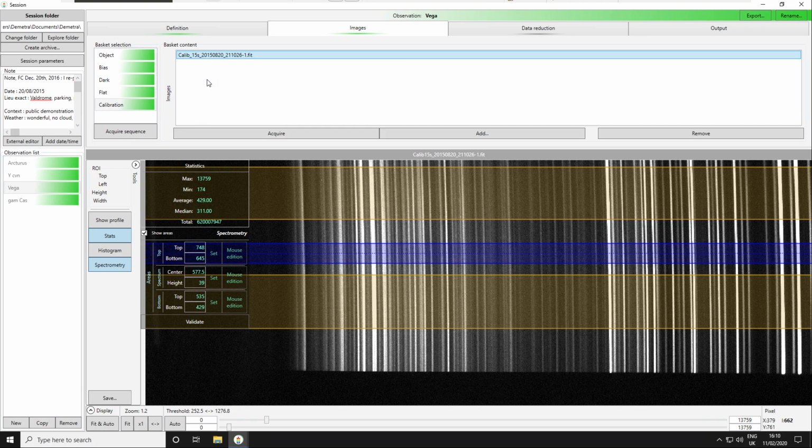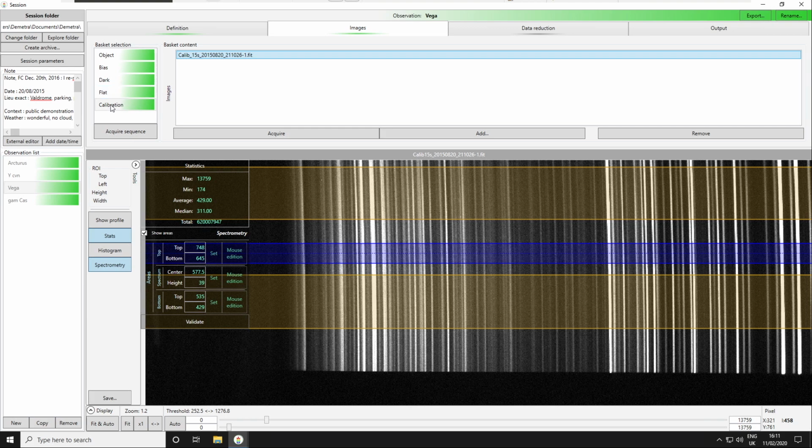We don't need to have a lot of images in this case because the signal-to-noise ratio is quite high in the image, so the emission lines are very bright compared to the background. But personally, I like to take 2 or 3 spectra in case you have some cosmics in the image. It would be a pity if you take just one calibration image and at the end you see that you have a problem with it. It would really prevent your processing from doing a proper calibration.